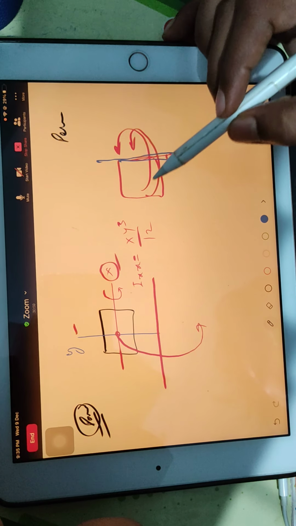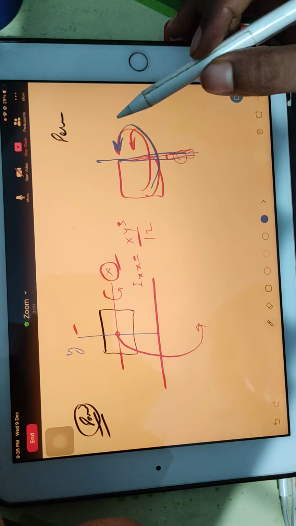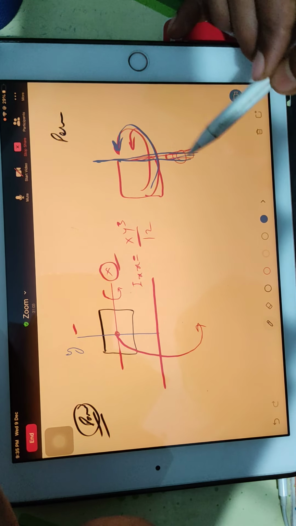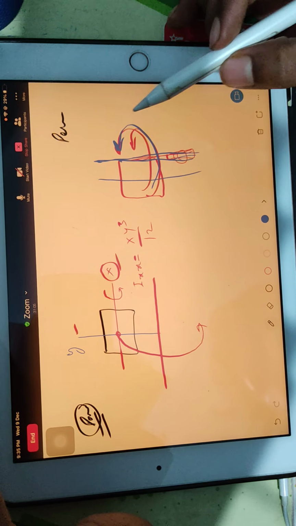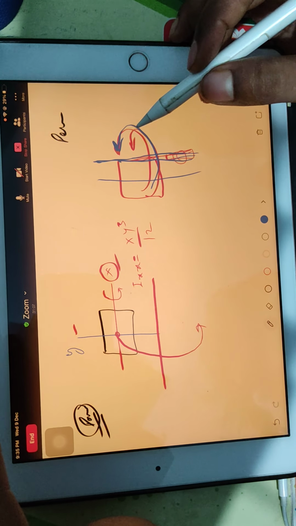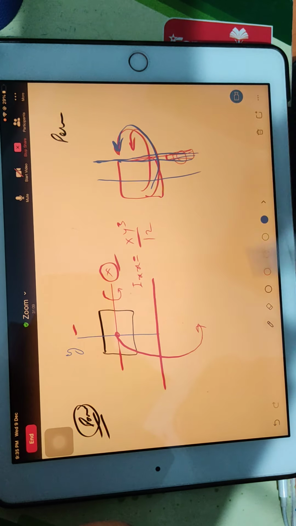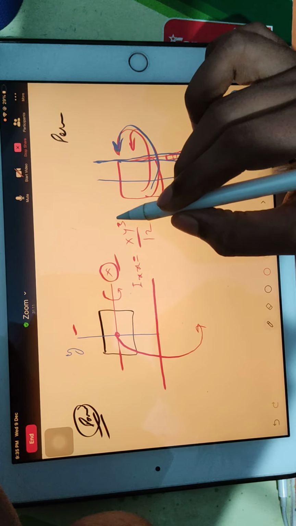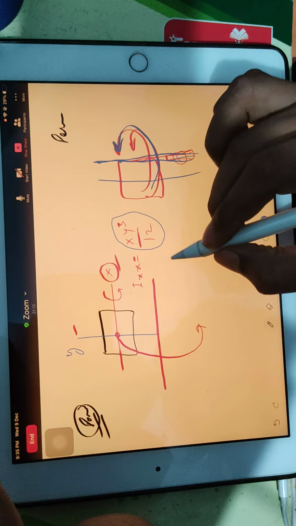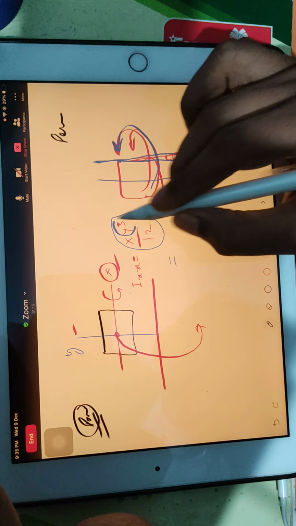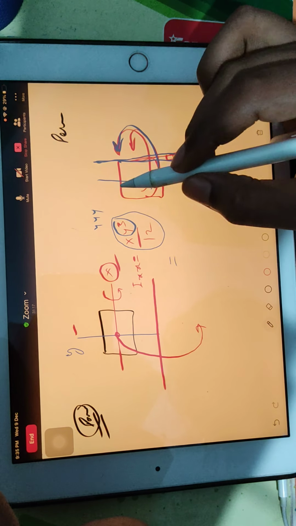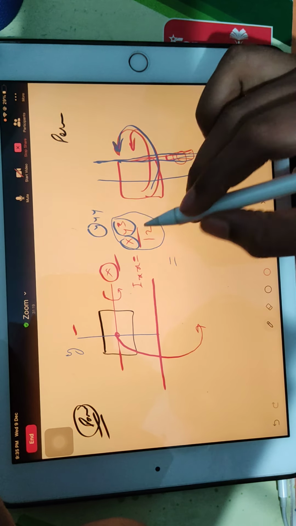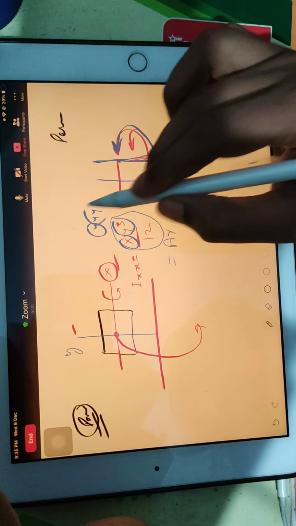So what is happening? This is which kind of axis? An axis which is parallel to this. Whenever you have an axis parallel to that, it is a very easy concept. One more small concept: you see this here, you break this y cube as y, so this x and this y multiply, it will be area, and the remaining y will be y square.